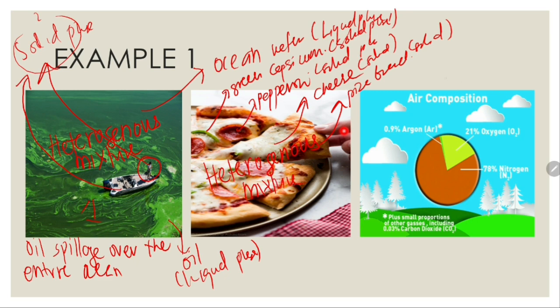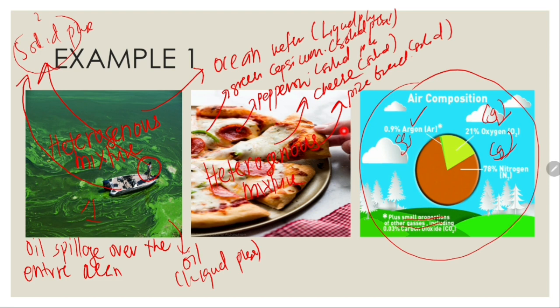Okay, and the third example shows the air composition. The air that we breathe in every day is actually made up of argon, a group 18 or inert gas, oxygen at 21%, nitrogen gas as the dominant 78%, with some small proportion of other types of gases. So all of these are in the gas phase. Gas, gas, and gas. Four different gases, or might be more,